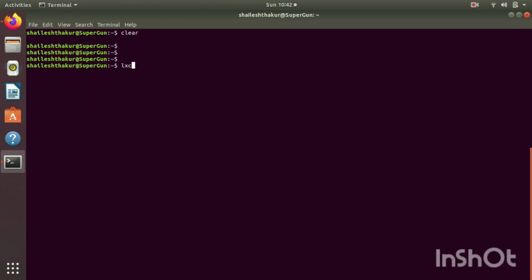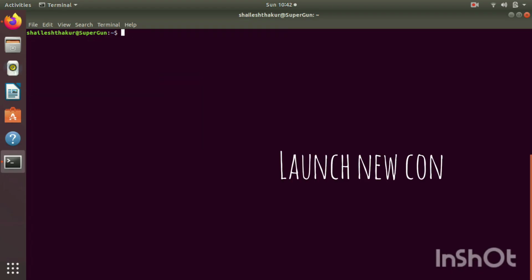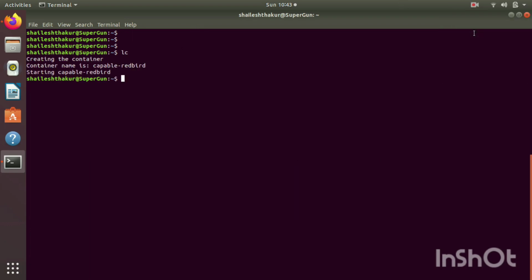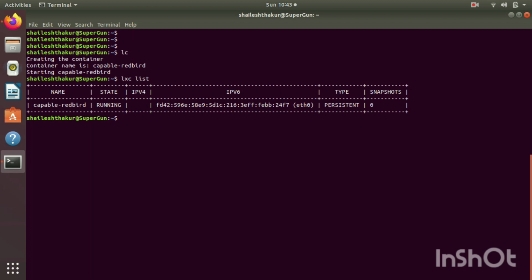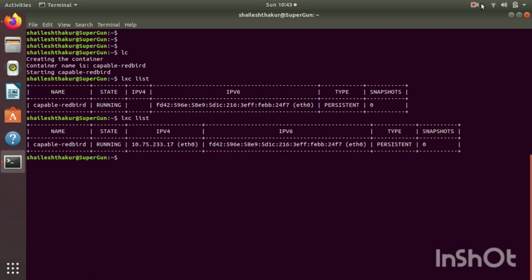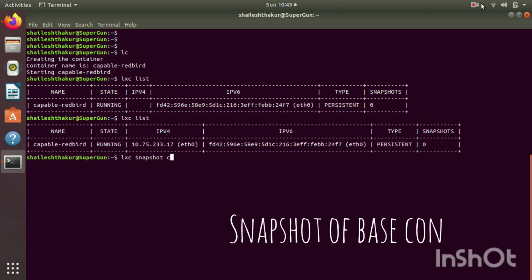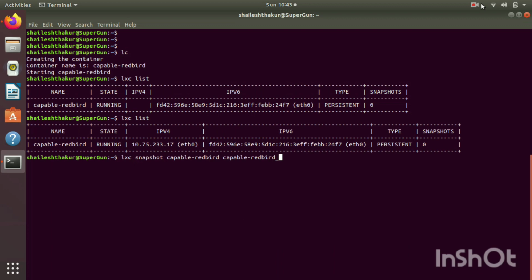So now we want to talk about snapshots. Snapshots are point-in-time recovery. To set up a story on snapshots, I have spawned a container. This is the container, it's running, and it has not got an IP. Now we are going to create a first snapshot where we have nothing installed. Let's call it base. So lxc snapshot, the name of the container, and the snapshot name. You have your snapshot created so fast.